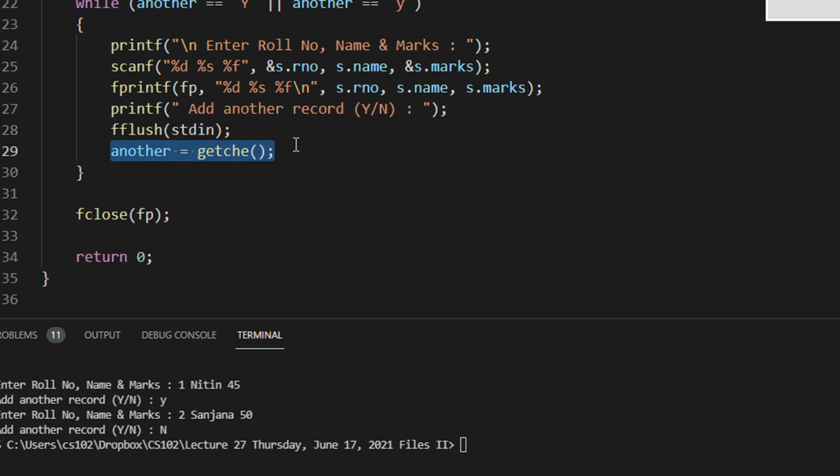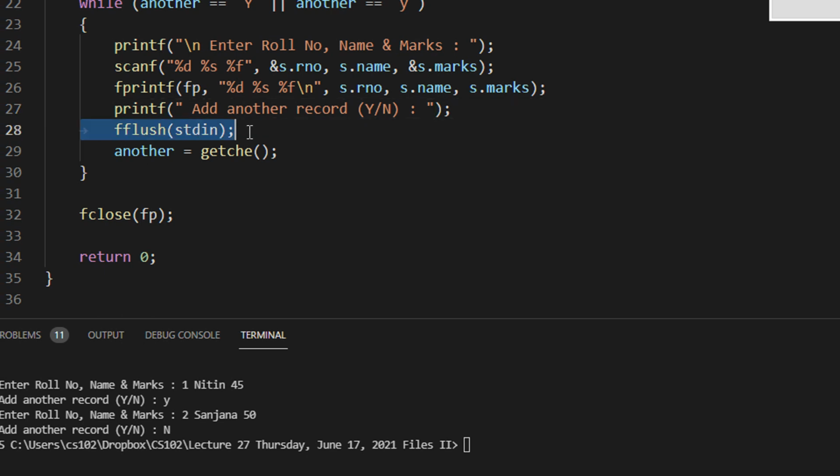This is done basically to avoid any confusion, because if the whole string remains in memory, let's say it is saying add another record Y and N, right? What getche will do, if you don't do fflush, you may get A as your input, which may result in a garbage value. Again, these things change from compiler to compiler, but conceptually this is it. fflush(stdin) means flush out all the standard input elements we have entered till now, and after clearing everything, we are asking the compiler to get a character from the keyboard, right?